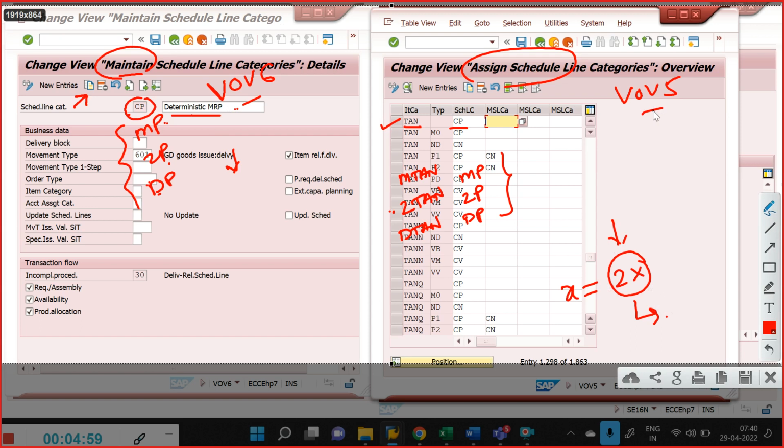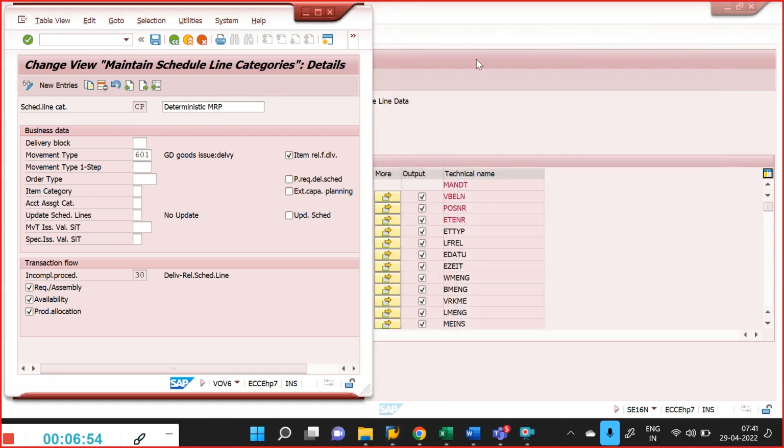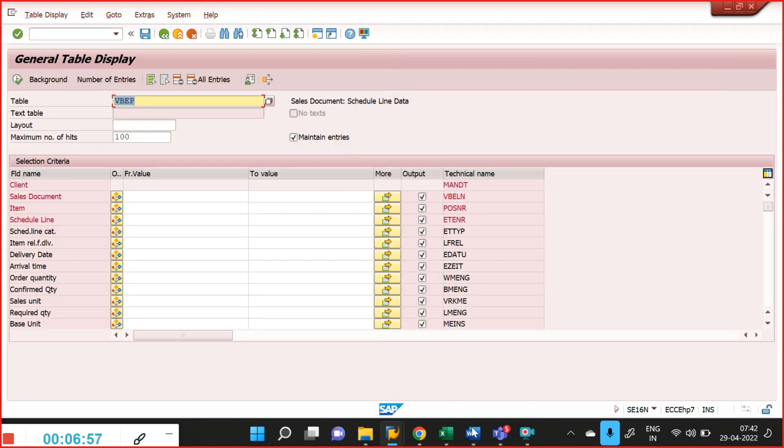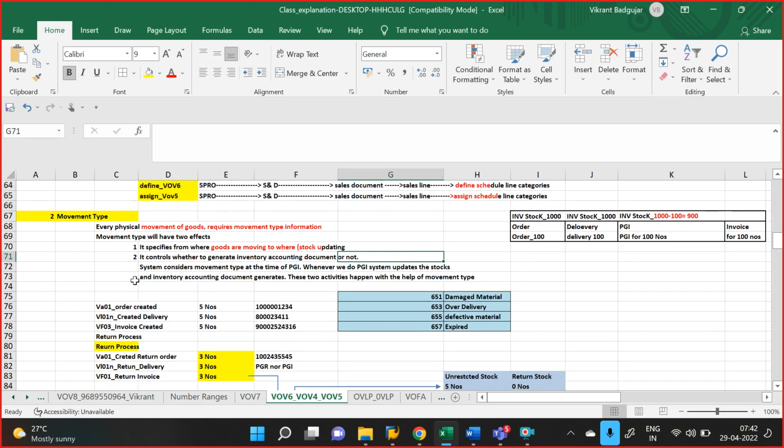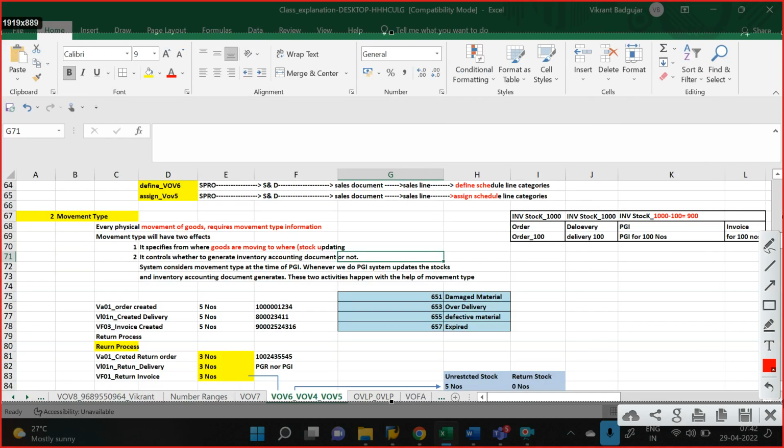Okay, this is the correct understanding for VOV5 and VOV6. This is the stock. Then movement type. That day I told you how movement type actually works. So for example,